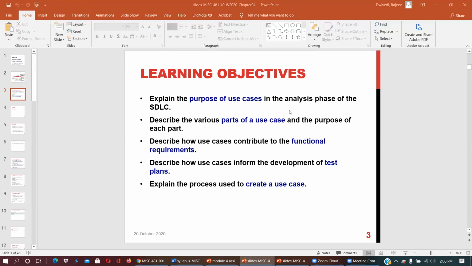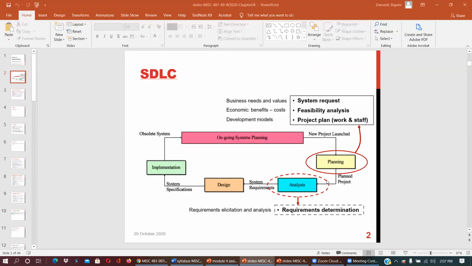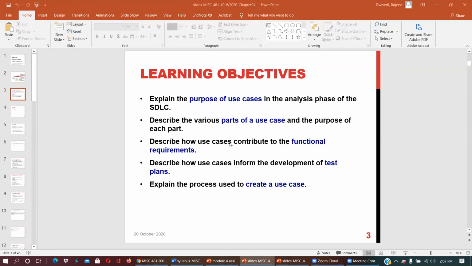So the learning objectives are: the purpose of use cases in the analysis phase of the system development life cycle, the parts of a use case, functional requirements, test plans, and how to create a use case.